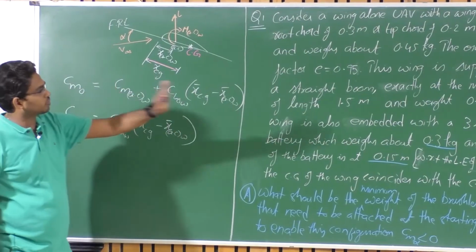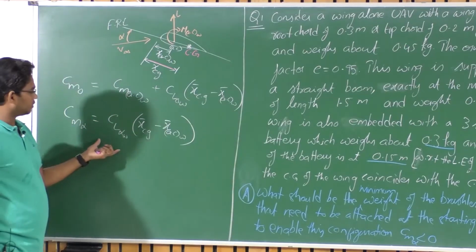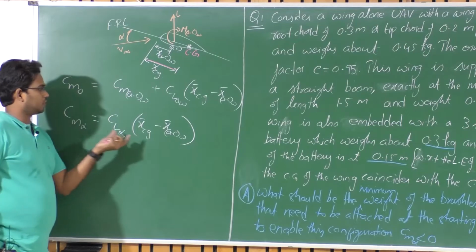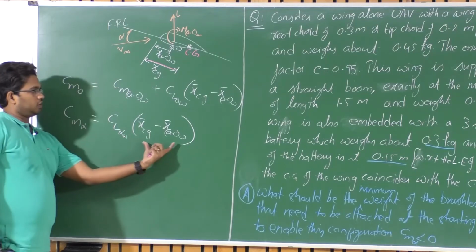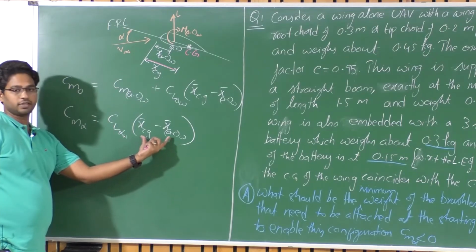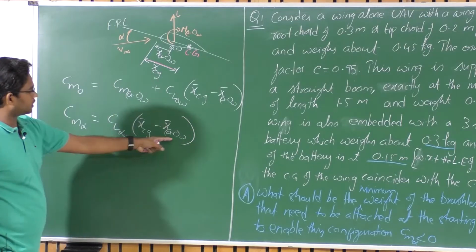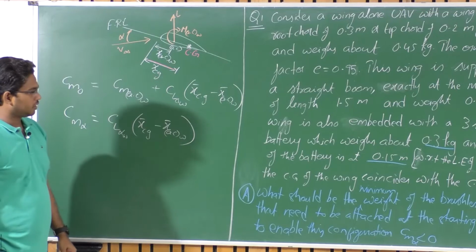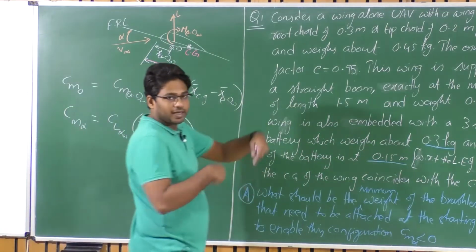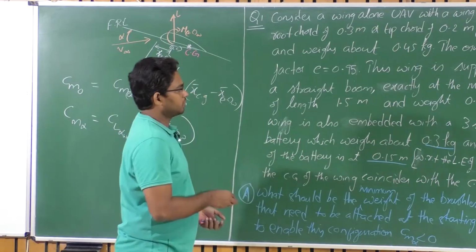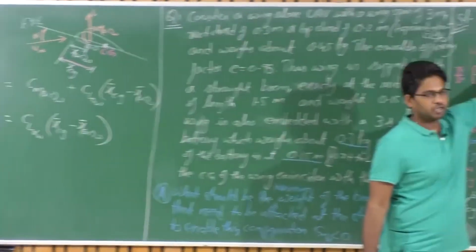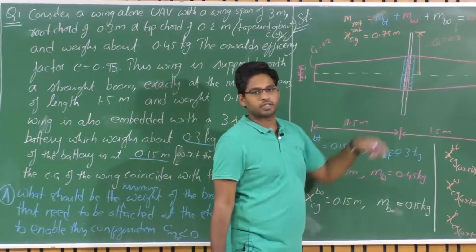We don't go into those details of CL alpha right now. But whether CM alpha is positive or negative is governed by the distance between xCg and xAC. So I need to know the location of xCg and xAC of this particular configuration. First, let us figure out the current xCg of this location, and we know it is 0.75 meters. We want to know the aerodynamic center for this.